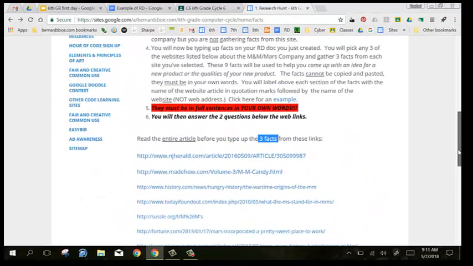Moving back on to where it says you're going to label each section of your facts with the website name and article name. I am not asking for a full citation, which many of you have learned using Noodle Tools possibly. I'm only asking for 2 pieces of your citation. That is because I've given you all of them, but you're going to need to tell me which ones you're going to be using. This is why I'm asking for a partial citation. Partial citation, what I am looking for.